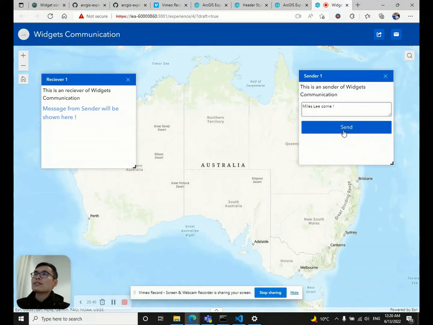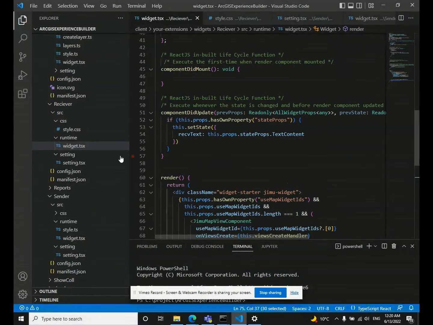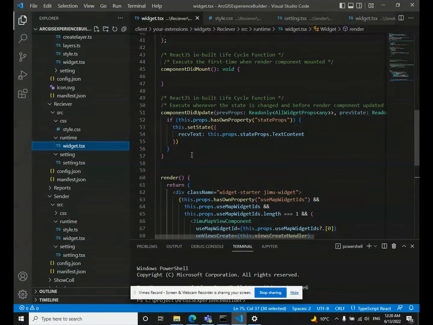button. Please don't blink and focus on the left-hand side of the widgets. See, right here, Miles Lee. Okay, the message has already been sent to the receiver with the dispatch function from our sender, and also with the lifecycle function acting as a polling function to receive the message and retrieve the value of